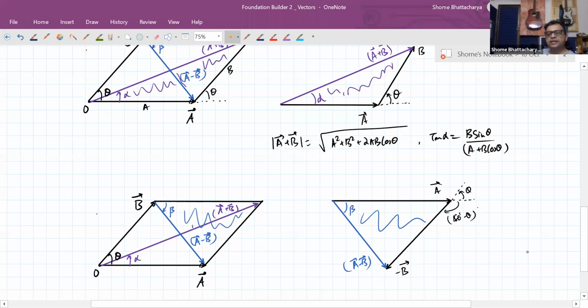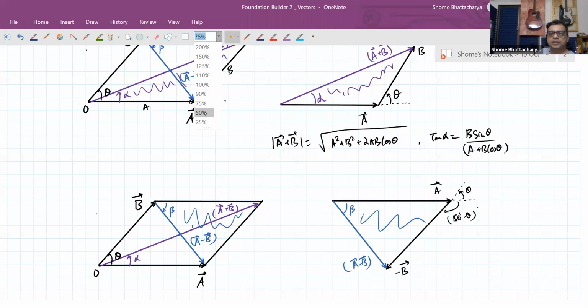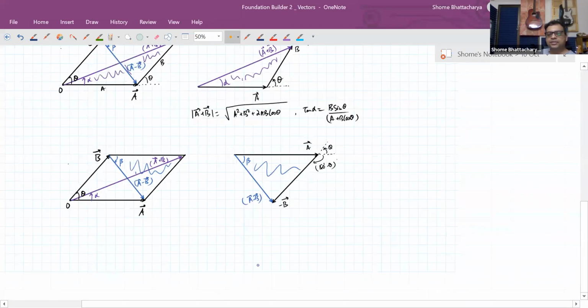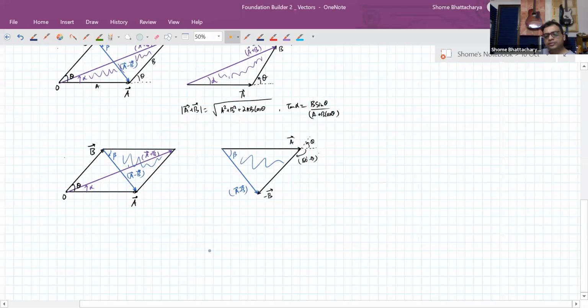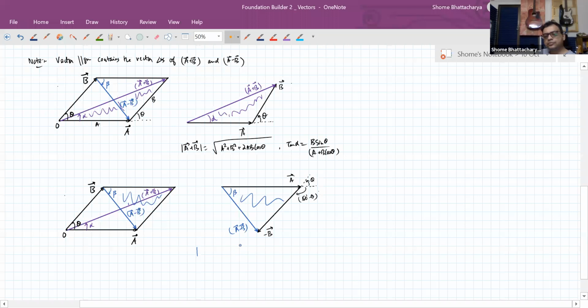So how this diagonal is cutting it. So it's again nothing but the application of the same geometry, but now that triangle is contained within the parallelogram, and therefore the same formula applies, that mod of a minus b. So this formula applies same way to this diagonal as it applies to the third side of this triangle.